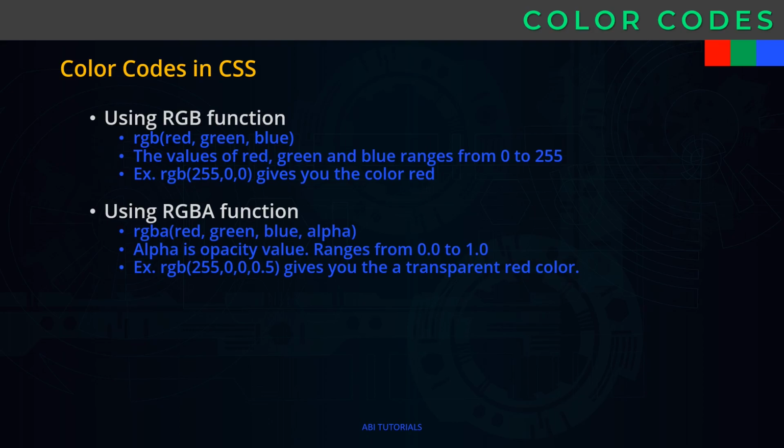We also have the RGBA function which is similar to the RGB function except for an additional attribute known as alpha. The value of alpha ranges from 0 to 1 and it is used to set the transparency of the selected color. A value of 1 in the alpha means that the color is fully opaque and 0 indicates that the color is fully transparent. You can have any digit within 0 and 1 as the alpha value. For example, if you set it as 0.5, it means that the color will be semi-transparent.